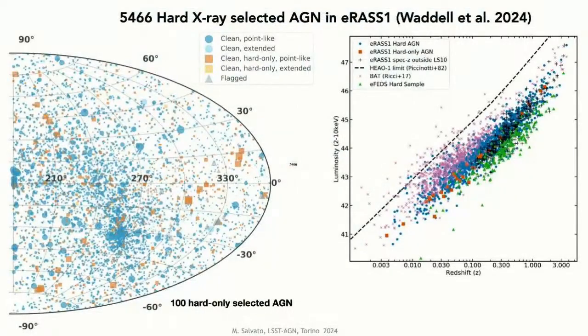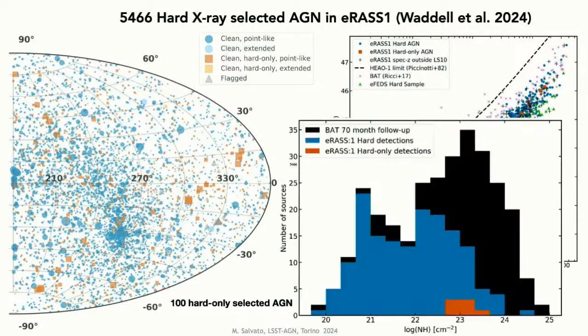We have done science with these catalogs already. We have released already the catalog of the hard-selected samples. You see here the black one, the obscured AGN. You can see we are not as sensitive to obscured ones. When we do the match with the BAT catalog, we managed indeed to get those that are unobscured, and only a few of the obscured are detected. But this we know because of the soft